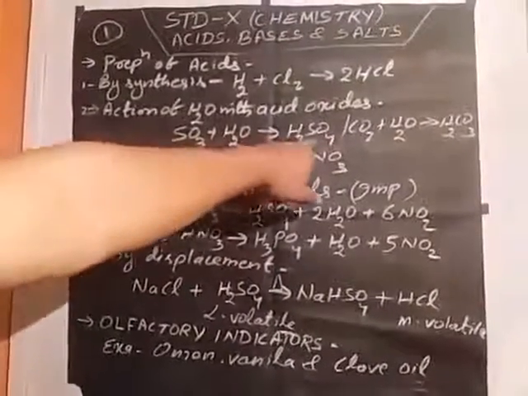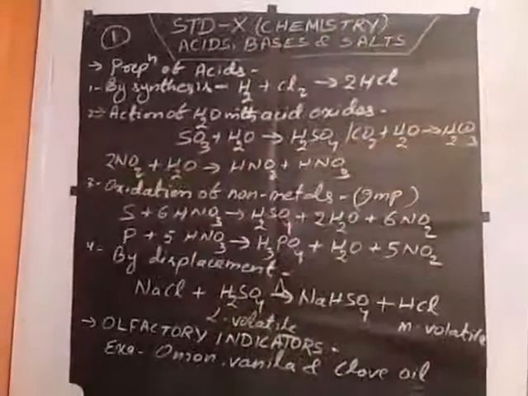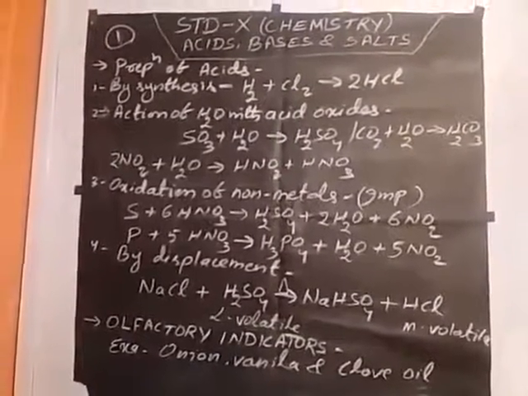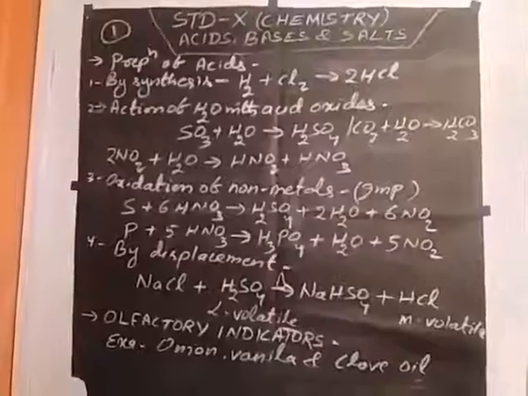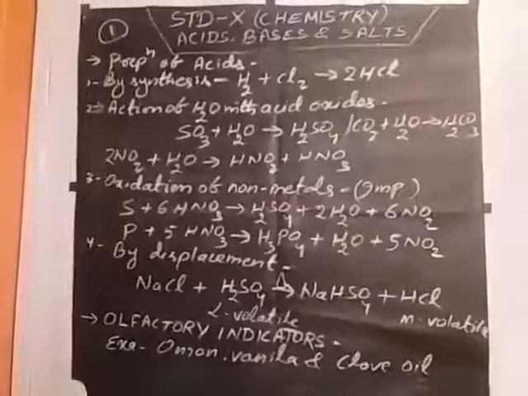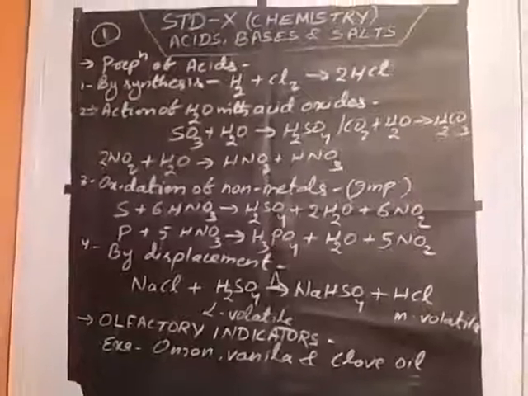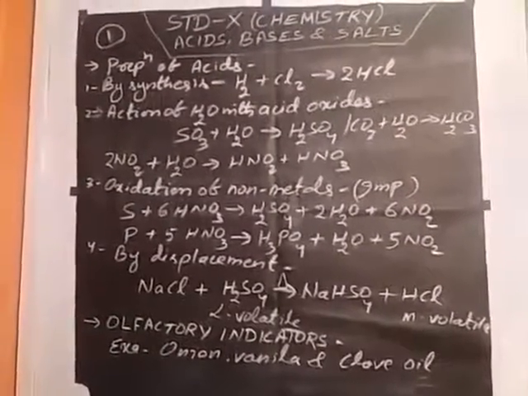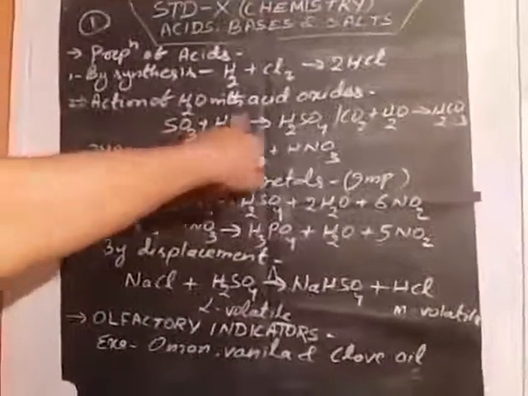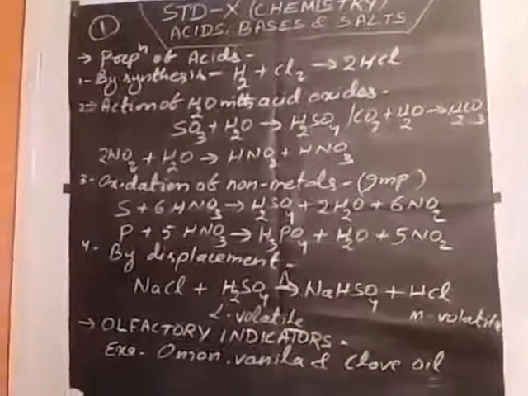SO3 plus water gives sulfuric acid. SO2 plus water gives sulfurous acid. Carbon dioxide plus water gives carbonic acid. Phosphorus trioxide or phosphorus pentoxide react with water to form phosphorous and phosphoric acid. Nitrogen pentoxide added with water forms nitric acid. Nitrogen dioxide added with water forms two acids at a time, nitrous and nitric acid. That is known as a double acid anhydride. So these are the acidic anhydrides used to prepare acids: nitrogen dioxide, sulfur dioxide, carbon dioxide.